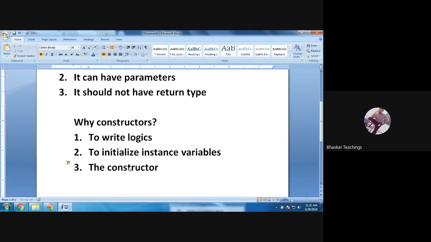A constructor gets executed when an object is created.